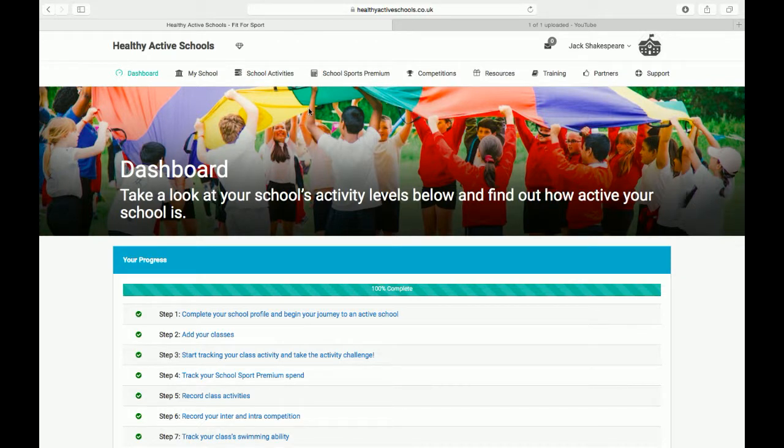Okay, the competition section of the Healthy Active School System. You'll find the tab for this at the top of the page, top of the screen. I'm on the dashboard at the moment, but if I hover over the word competitions there, you'll see that a drop down appears, and I can either input data for any intra-competitions, so level 1 competitions, any inter-competitions, level 2 competitions, and